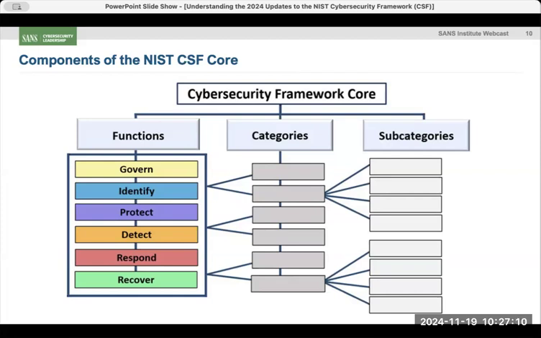Well, those areas then get broken down further into categories of safeguards. And then each of those categories of safeguards gets further broken down into subcategories of safeguards. And so what you'll see is we'll break these down as we're going through and doing analysis and trying to understand what's changed. That'll be how we see the breakdowns take place there. So we'll use those words again: functions, categories, and subcategories.